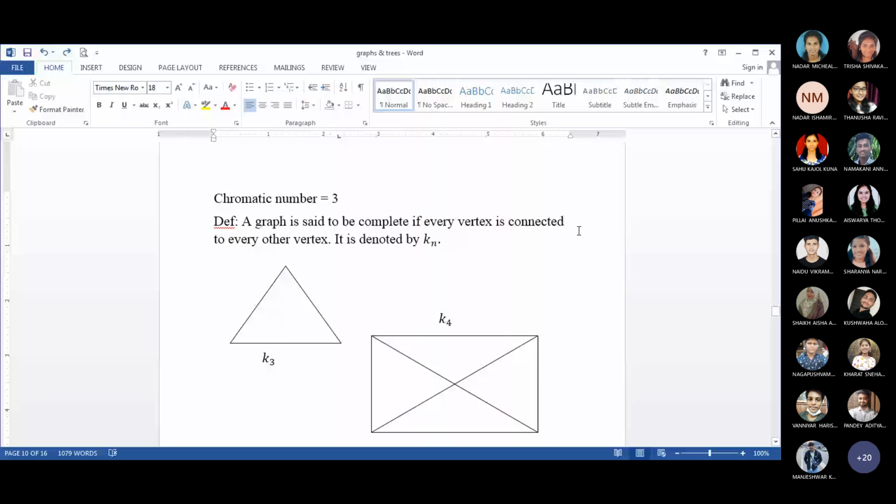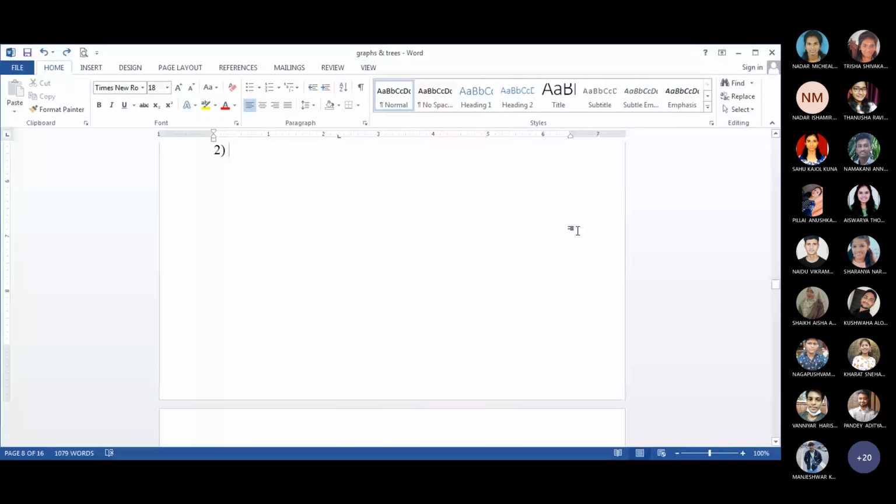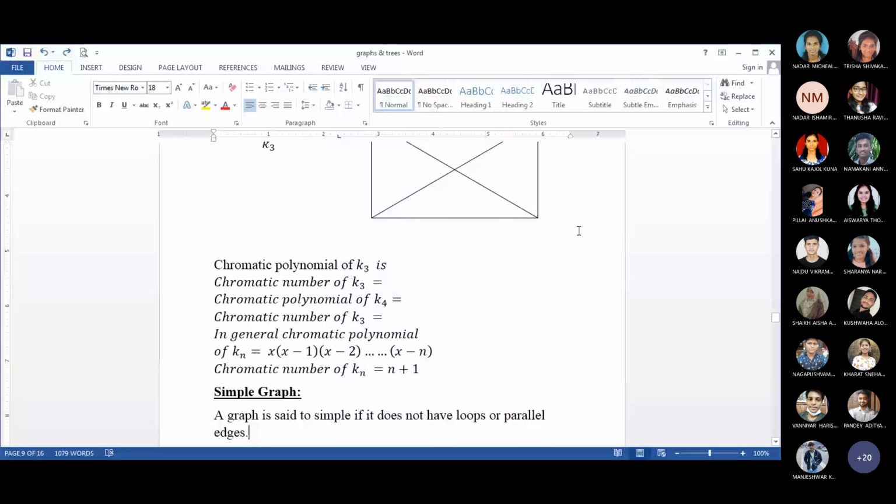Is this fine? Yes, sir. Okay. I will just try. This diagram won't fit at my place. Okay, there is a little alignment issue, but it's okay. Next is